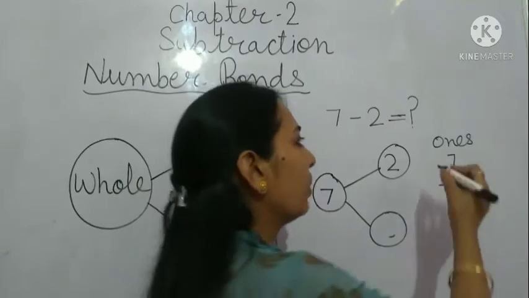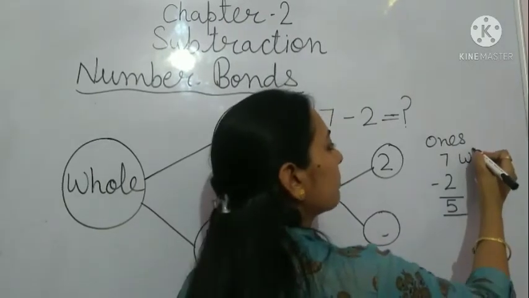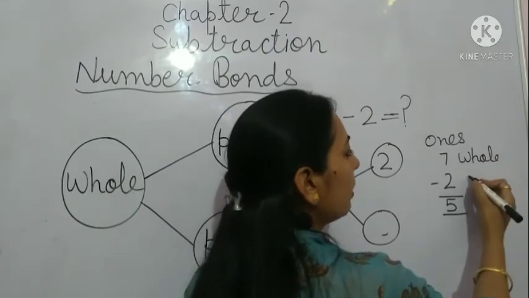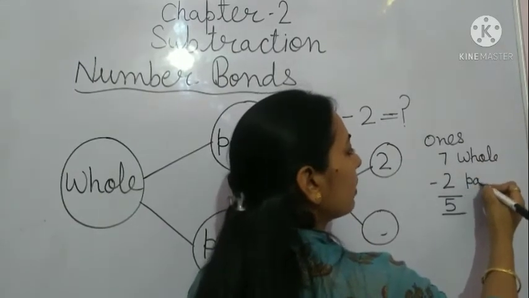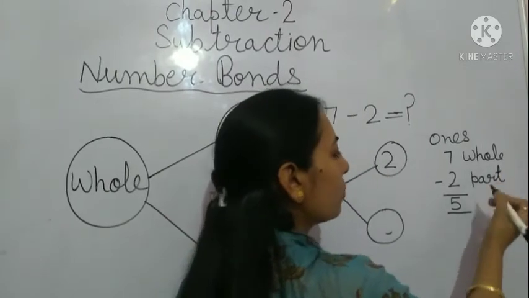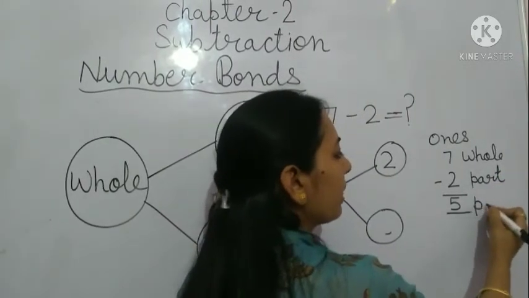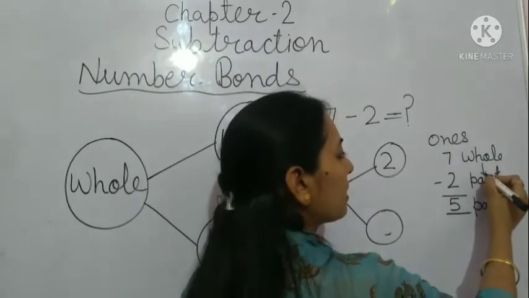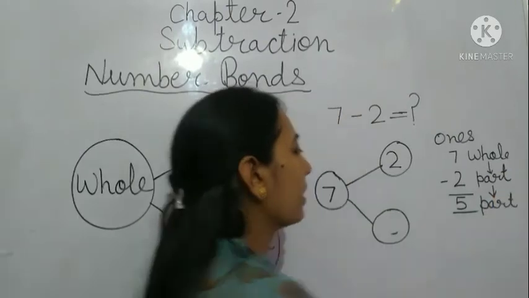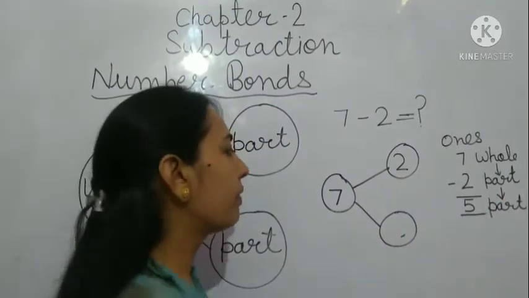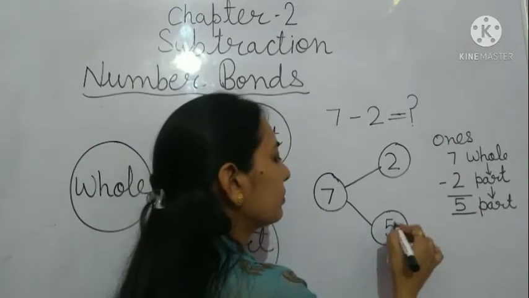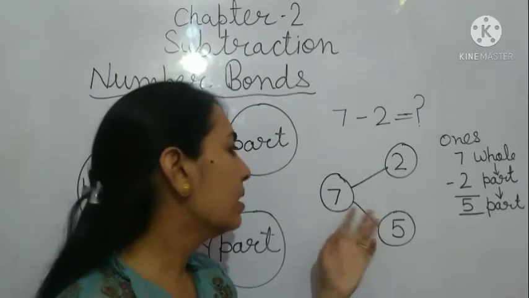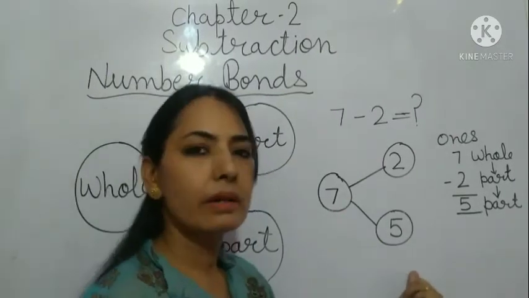So we can say 7 is whole. Okay, the 7 is whole and 2 is part. 7 का one part हमारे पास 2 है, another part is 5. So we can say whole, और ये इसके parts हैं. So we got another part is 5 here. So these are the two parts of a whole number 7. So parts are 2 and 5.